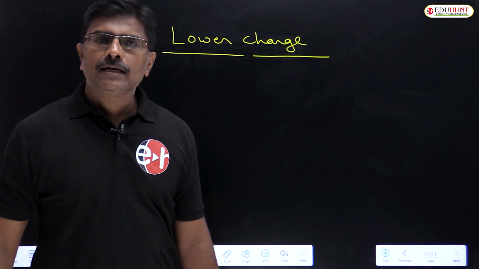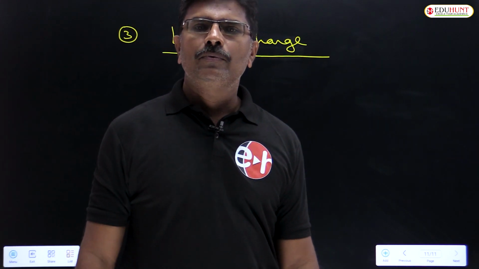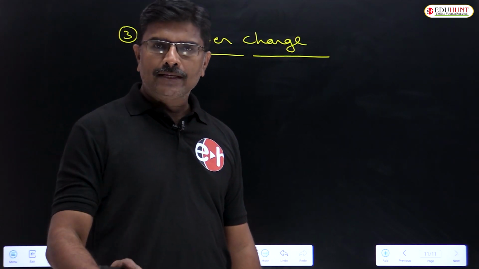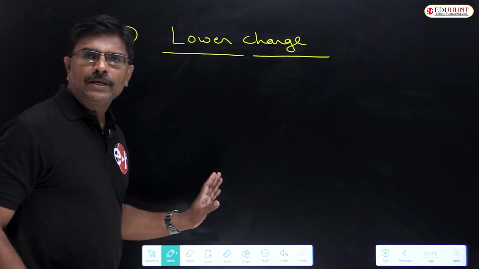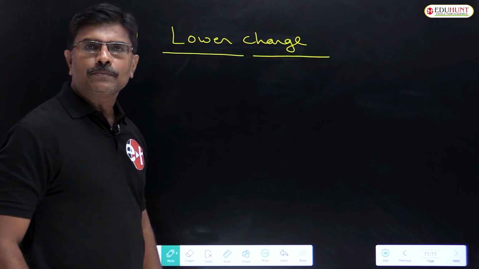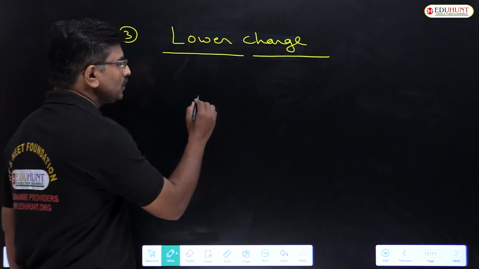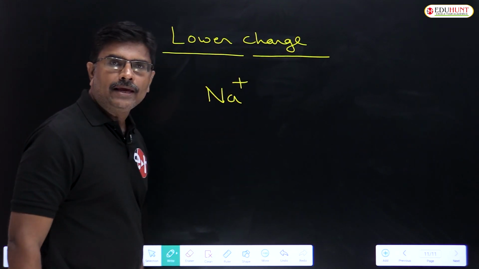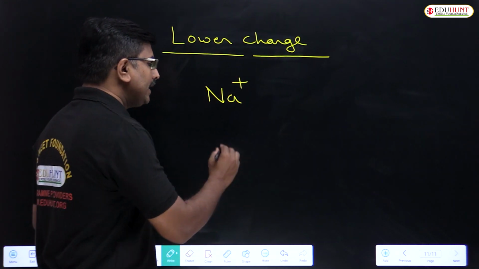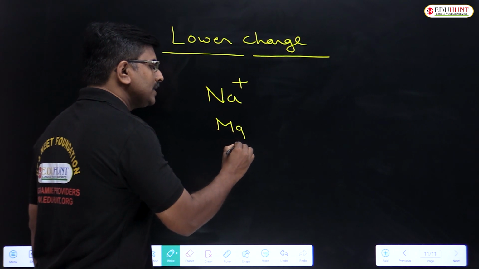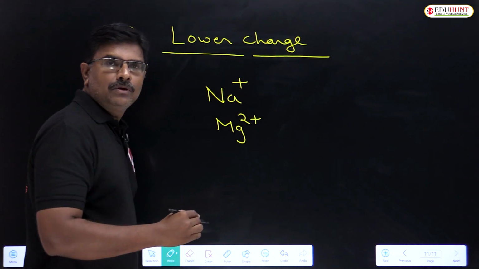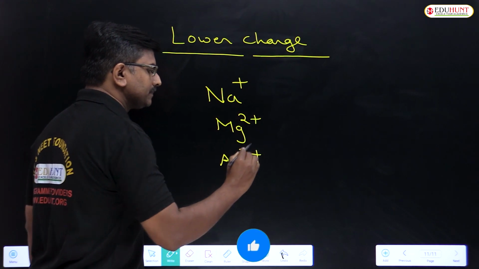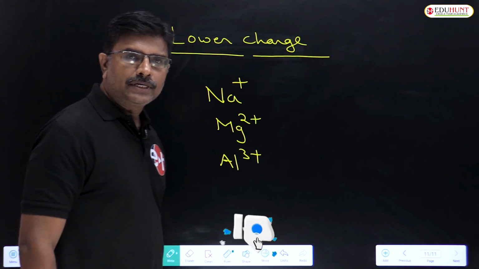So the lower the charge, the more easily the cation is going to be formed. For example, consider 3 cations: a unipositive sodium ion, Na+, a dipositive magnesium ion, Mg2+, and a tripositive aluminum ion, Al3+. Please observe, dear students,